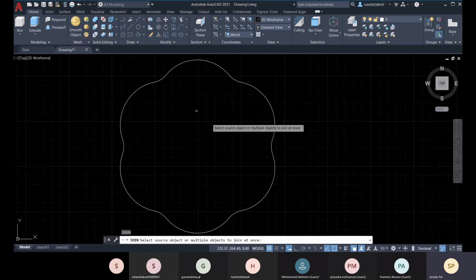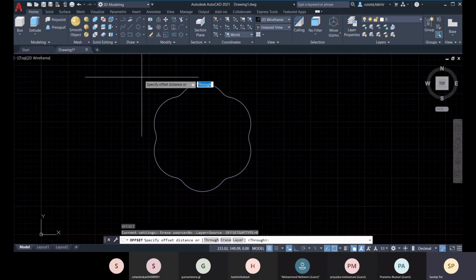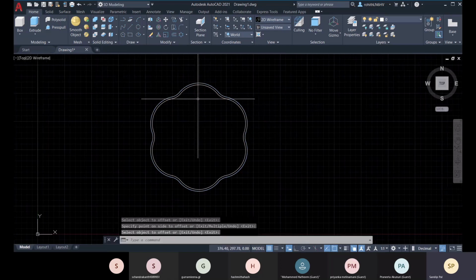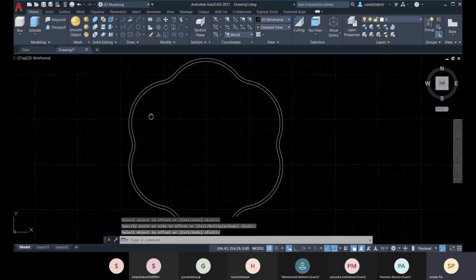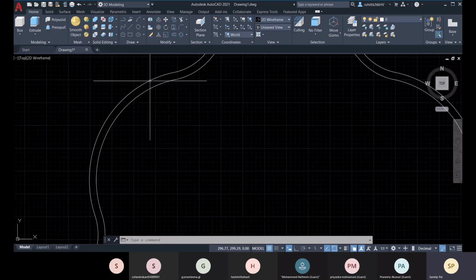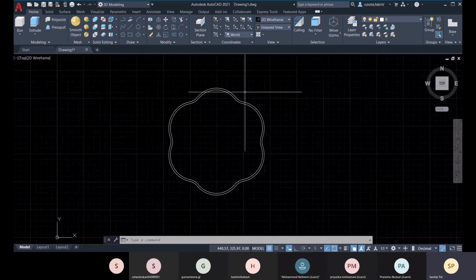Join, enter, offset. Offset will be 4. Okay. So what you have to do? You have to make this 4 mm thickness a constant for all the panels.